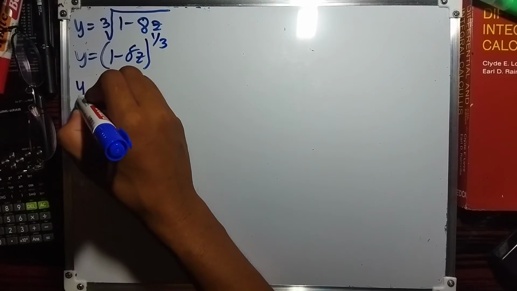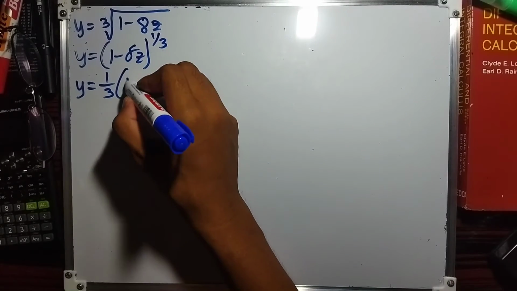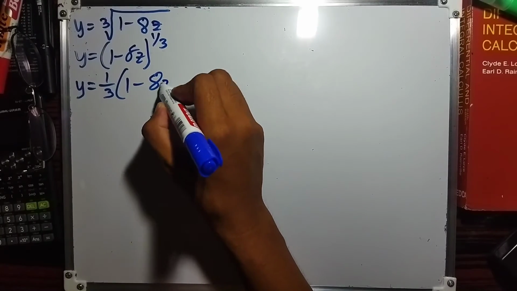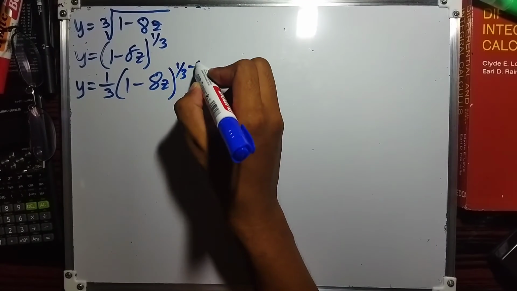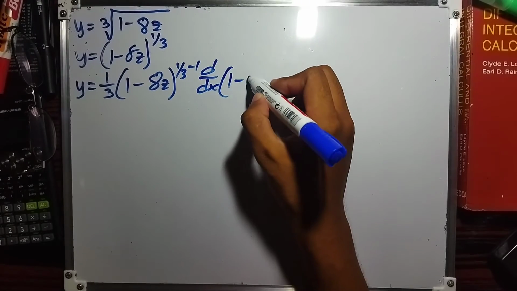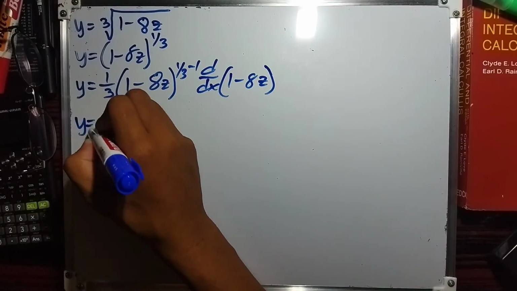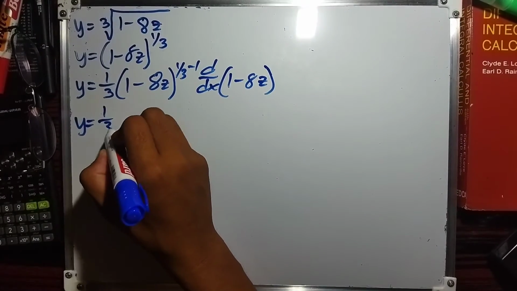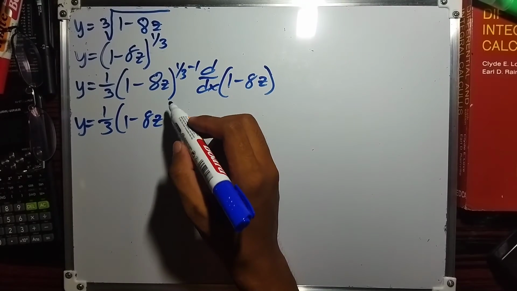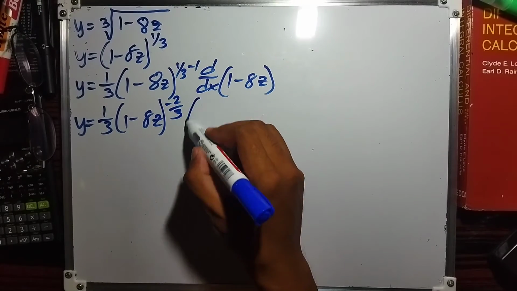So we'll be applying the chain rule here. Bring down the exponent 1/3 times the quantity in the parentheses, which is 1 minus 8z, to the 1/3 minus 1, and then the derivative of what's inside the parentheses, which is 1 minus 8z. So 1 over 3 times 1 minus 8z, where 1/3 minus 1 becomes negative 2 over 3, times the derivative